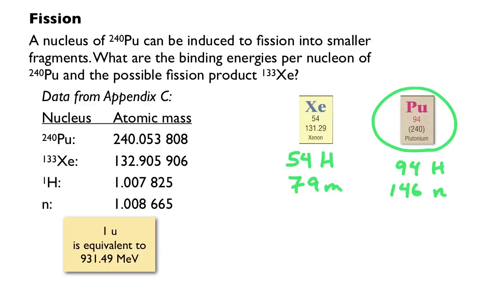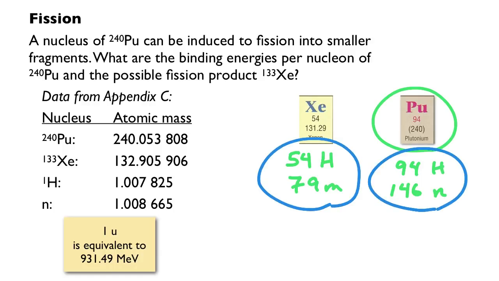And so I'm going to find the mass of the products that I have for each of these cases. And I'm given the mass of the reactants. And then I have the mass of the products. I'm going to figure out how much mass is lost, convert that to energy just as we did previously. When we do that, what we find is